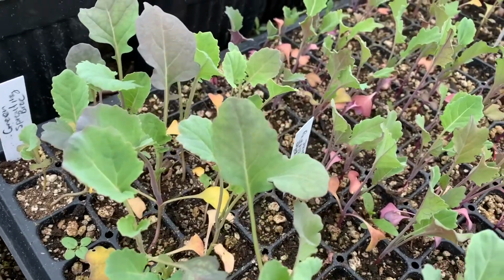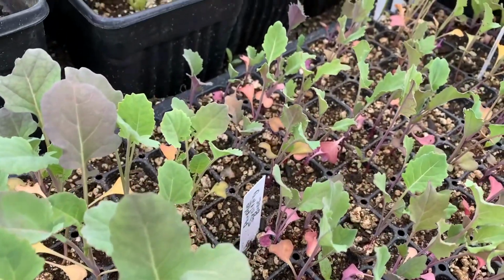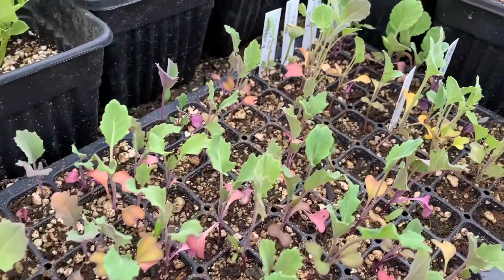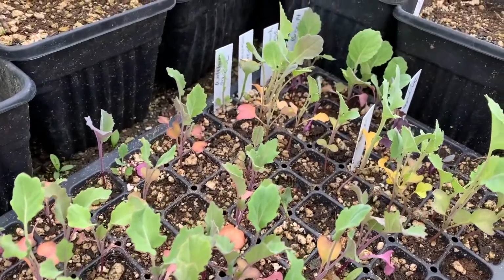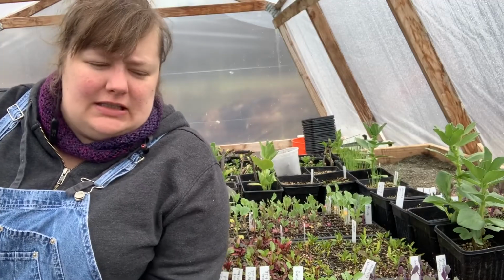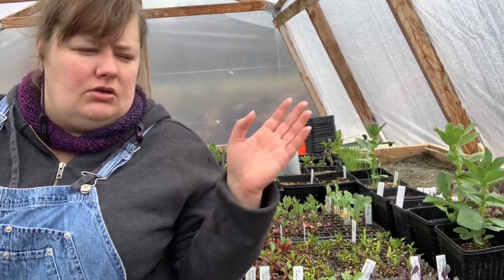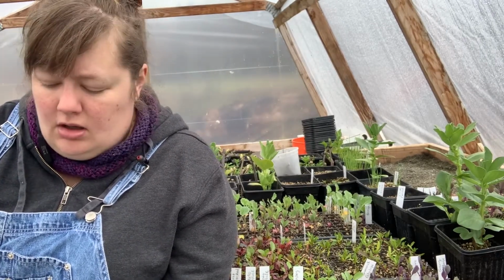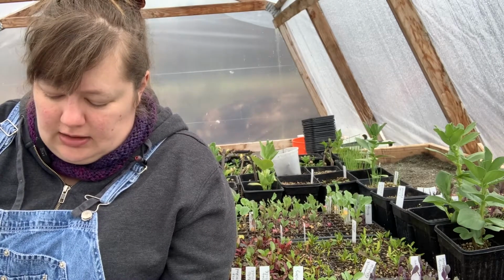Oh, and I forgot to talk about things like sprouting broccoli. Sprouting broccoli is really quick, or broccoli rabe or that sort of stuff. They can be ready after about 45 days. And with those, if you're careful, you can cut the top crown, and then you should have the florets around the sides, which you can also cut. So it becomes, again, another cut and come again. So those are just a few that I could think of,